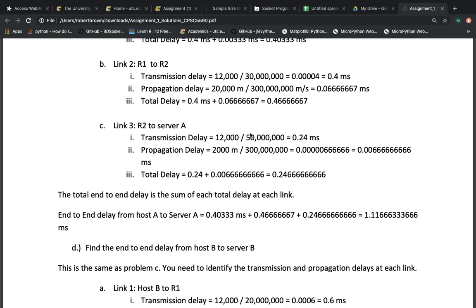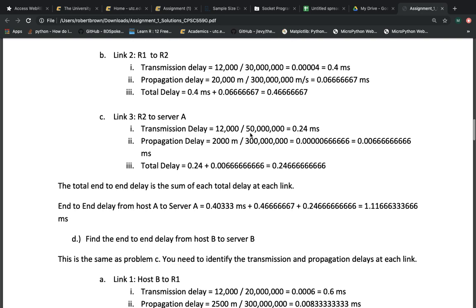To find the total delay from R1 to R2, add the transmission delay, 0.4 milliseconds, plus the propagation delay, 0.06666667, which will give you a total delay of